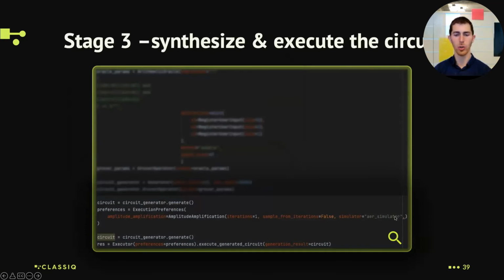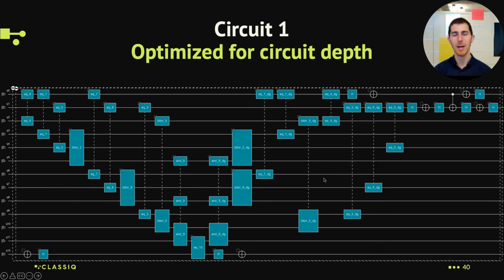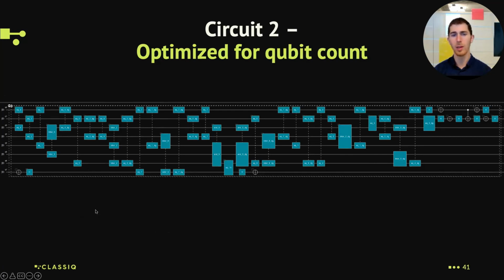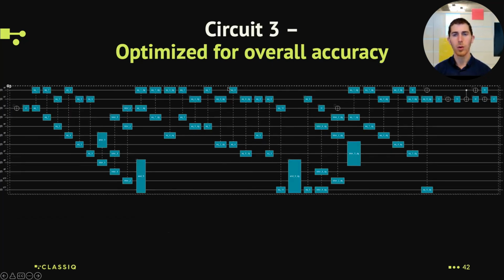choose the backend of your choice, in this case, a simulator, and then you first generate the quantum circuit, and you can get very different circuits, each optimized for specific optimization criteria. So the first one, which of course was automatically generated, is optimized for circuit depth, right? This is the shallowest circuit, and you see that it uses 13 qubits. On the other hand, you could choose optimization for the qubit count. So this one uses only 8 qubits, but it's deeper. And if you know on which hardware you're going to run, you can optimize for the overall accuracy, using 12 qubits in a specific circuit depth, but it is guaranteed to you that this is the best solution for the